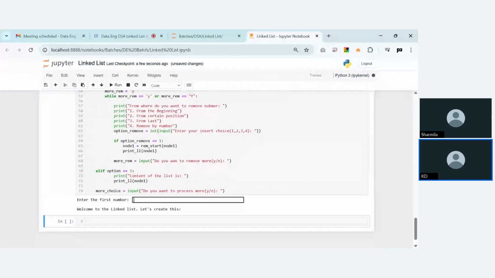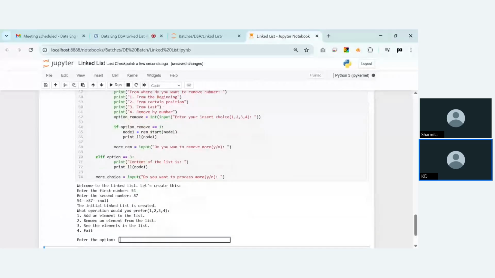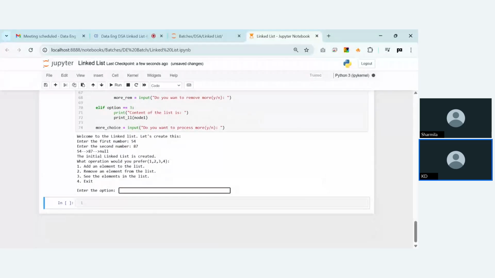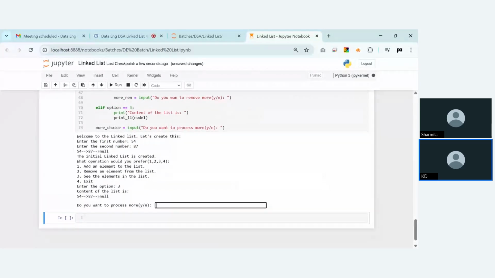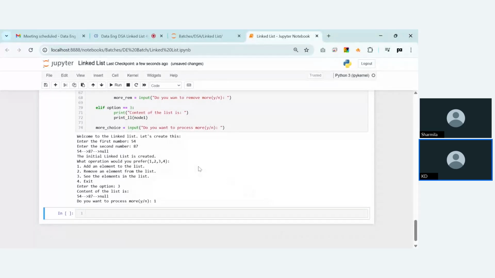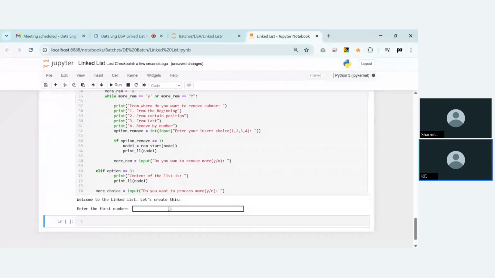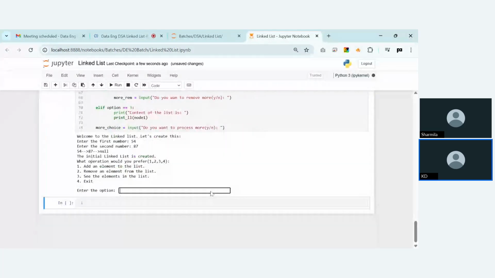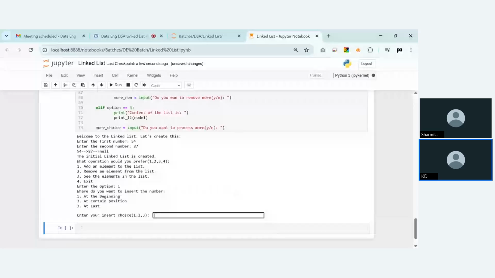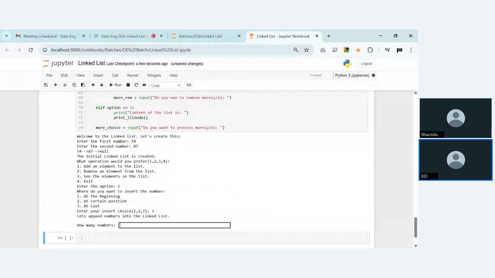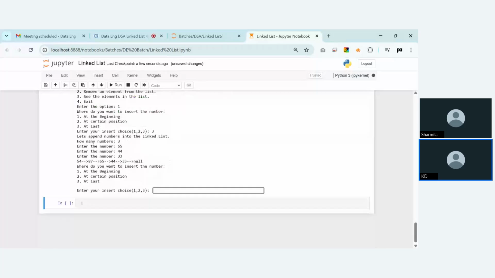So here I am giving 5487, and I am adding an element to the list, adding at last. I am adding three elements. So let's say 55, 44, 33 I have added, and now